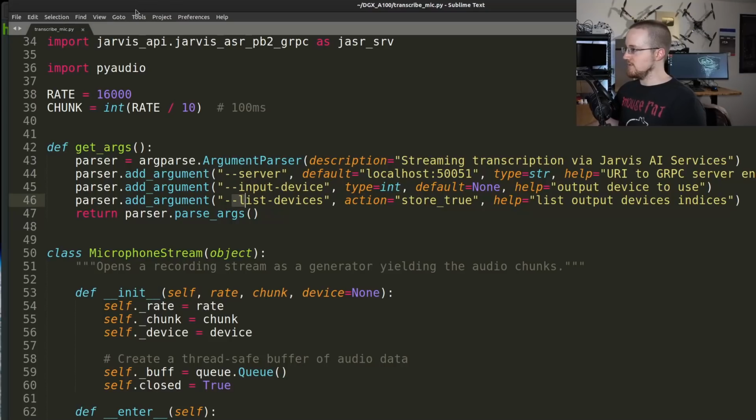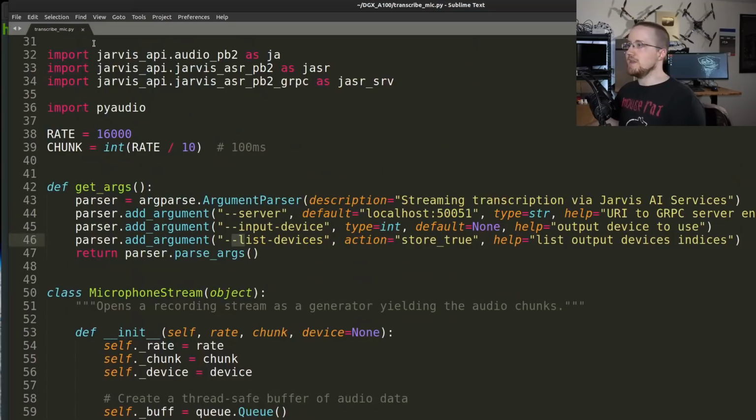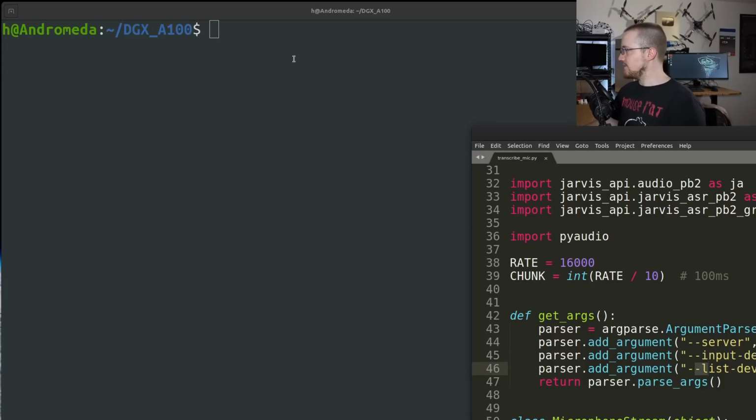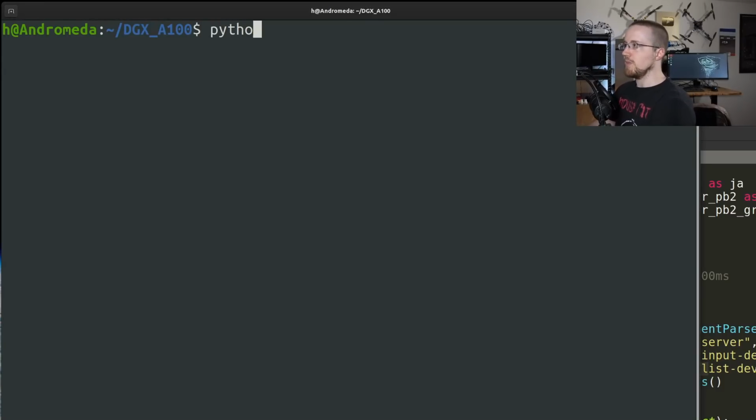Now the other thing is the input device, and probably you have no idea which input device to use. And I'm actually not sure. We'll run it and just see if it figures out what input device, but my guess is we'll have to change that as well. So what I'm going to do is go python3 transcribe_mic.py, and then